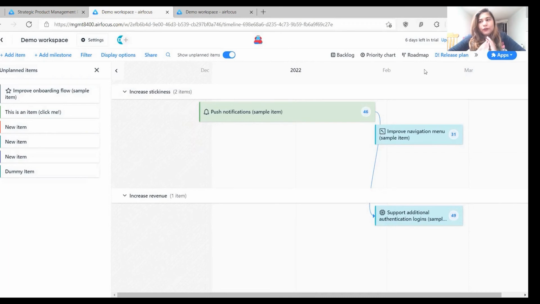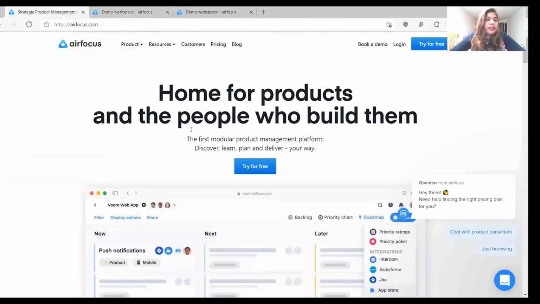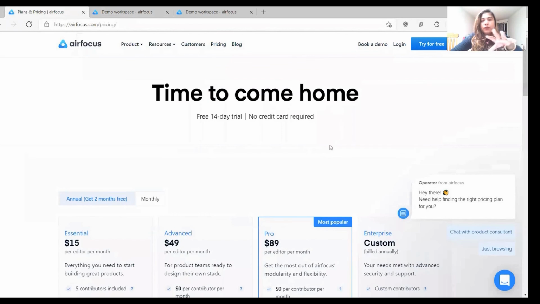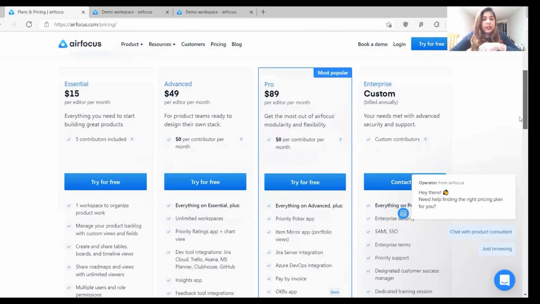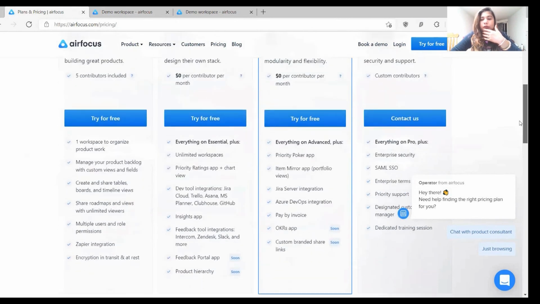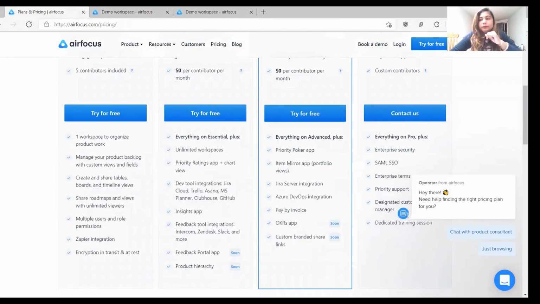Also, it's not free of cost, for sure. You can see the pricing option on the home page. I am currently using the free trial access just for demo purposes. So it's 14 days left for my trial, and you can also take the access if you think it is a good option for your organization. You can go with it and purchase it. Here you can see all the pricing options, and based on your need, you can choose.